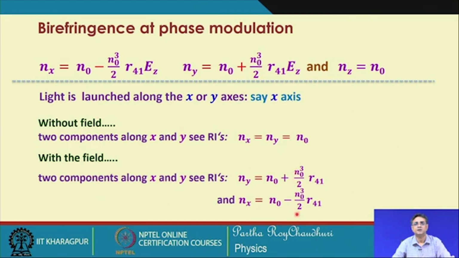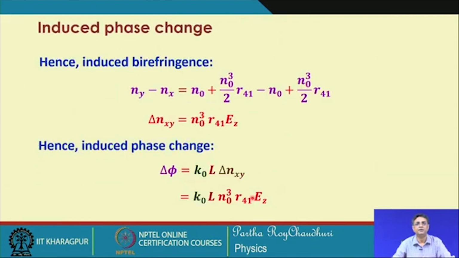You can see that one is more, another is less, depending on the magnitude of the coefficient. They travel with two different phase velocities because they see two different refractive indices, and they in turn develop a delay, and this delay will develop a phase difference between them. So, the birefringence here is n 0 cube r 41 E z,